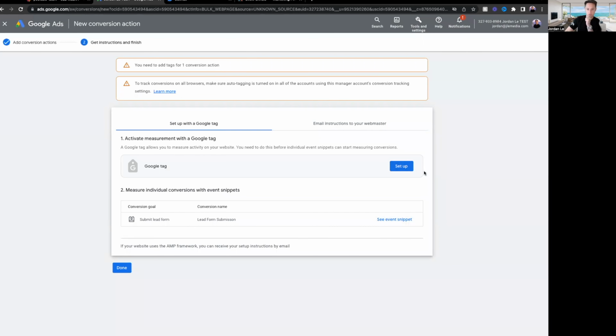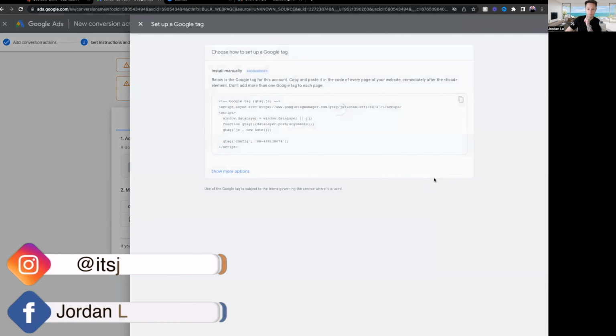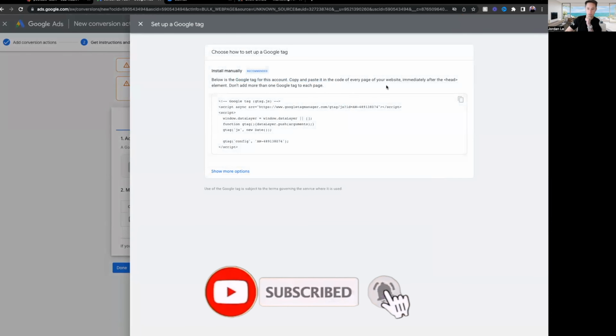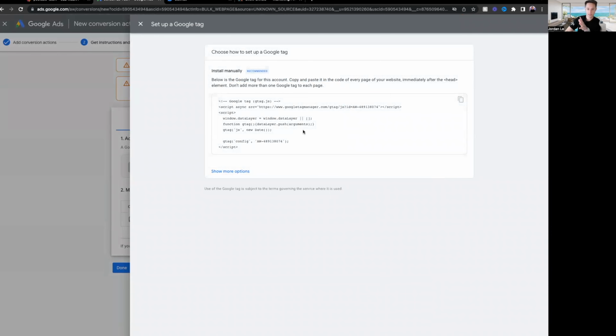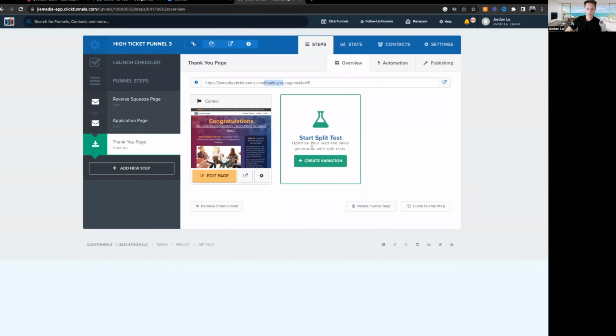So we can set up with the Google Tag Manager. This is kind of like why I don't like to do the automated way. Let's see. So we would want to copy and paste this code on the header of your website. To do that, we would go ahead and copy this by clicking on this button right here. And we're going to go to our landing page or your website, and you want to copy and paste this